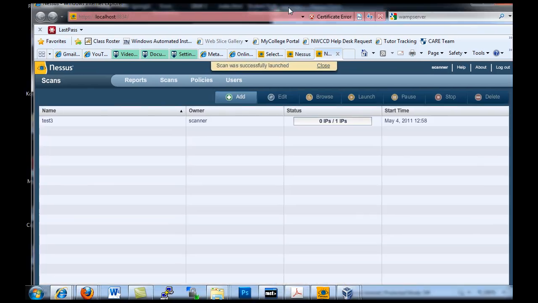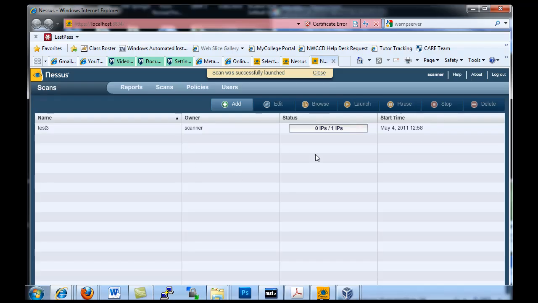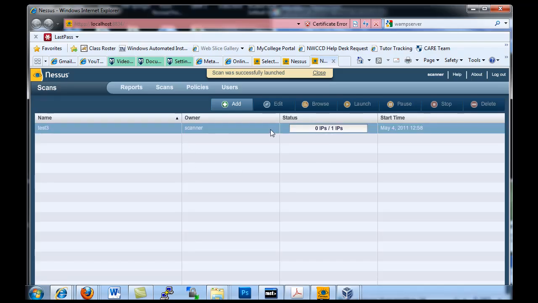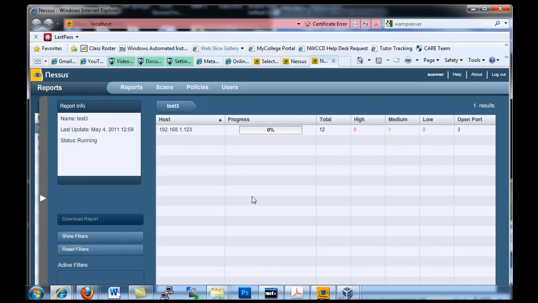So now, once you launch the scan, you can see here that its status is working, right? And it'll take a few minutes. The scan was successfully launched. And you can see that it's launched, you know, the pause button, the stop button. I could pause it, I could stop it. I can also browse to see the progress. If I click on browse, you'll see that